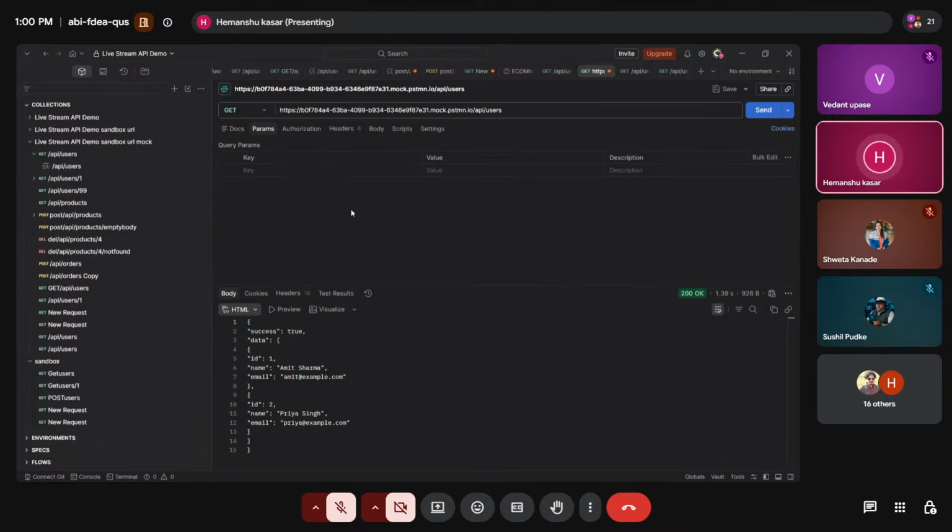This is exactly how teams share an API before the backend is built. Front-end developers get a mock URL to code against, while backend developers are still writing the real API. The mock and the real API have the same URL structure, so when the real server is ready, you just swap the base URL.